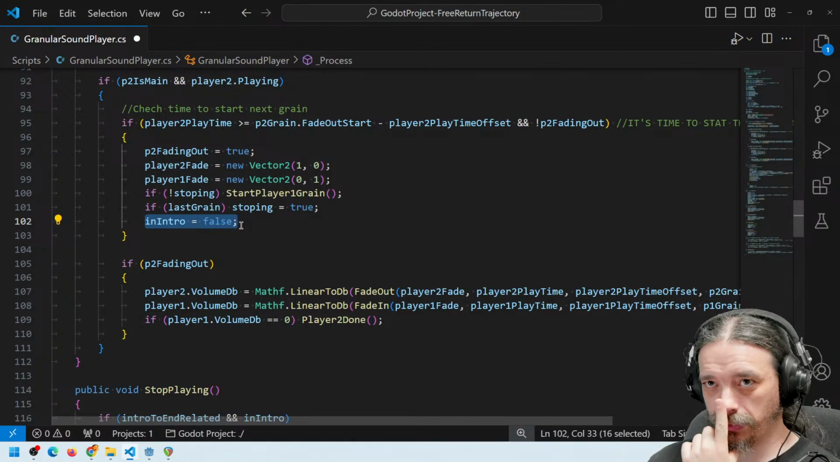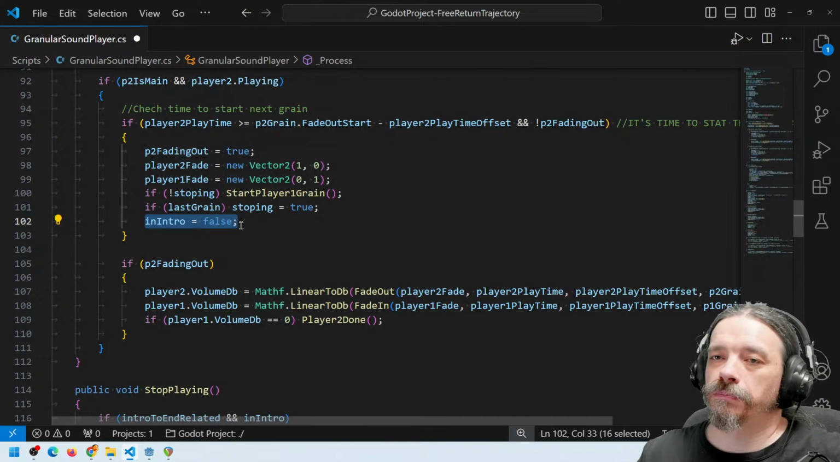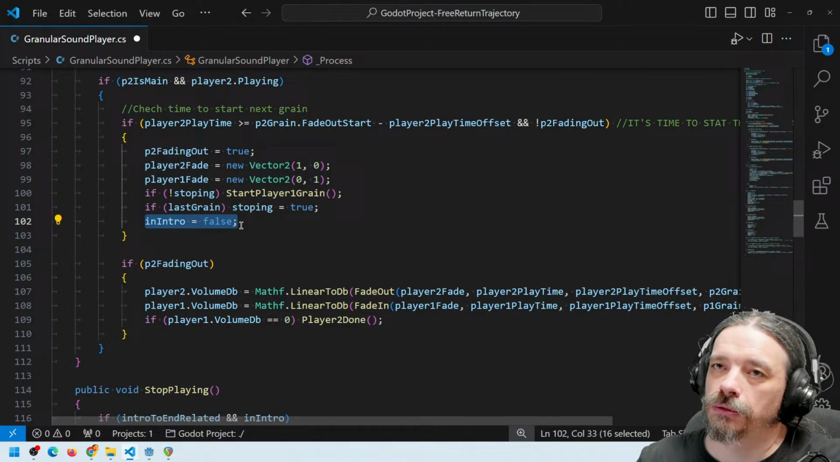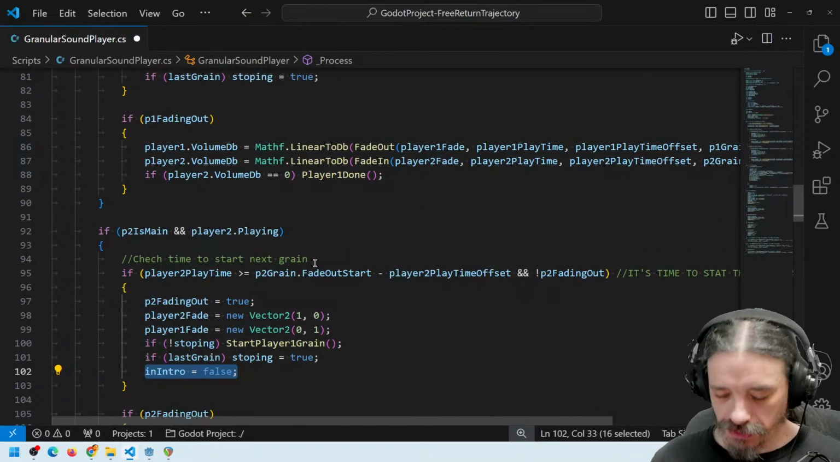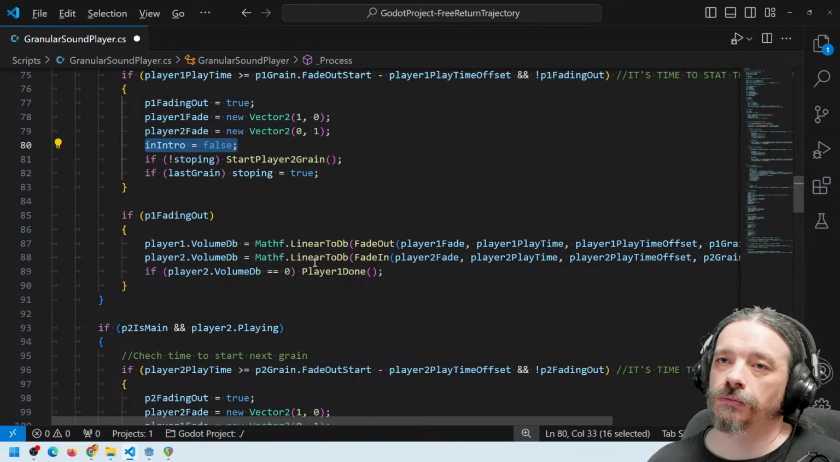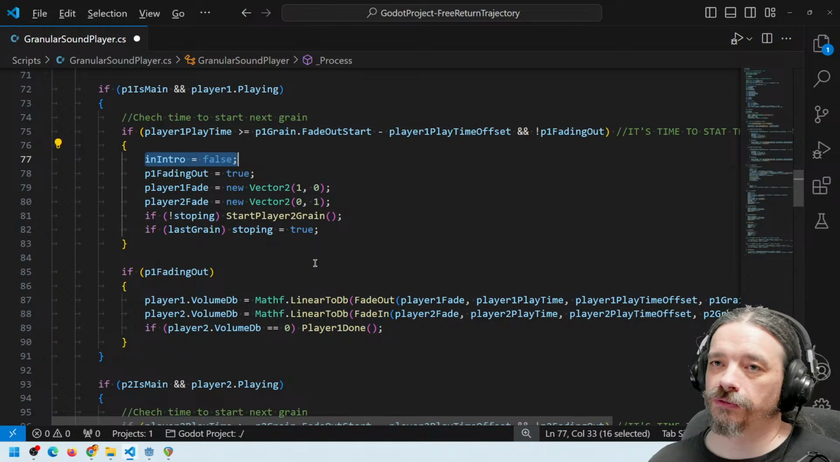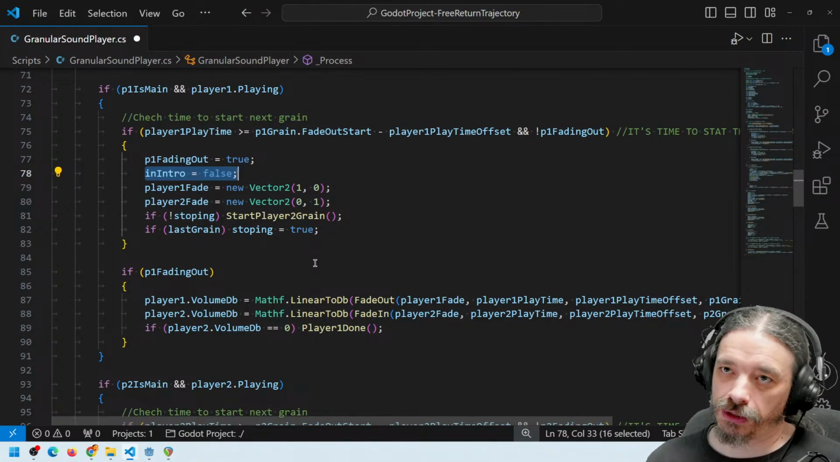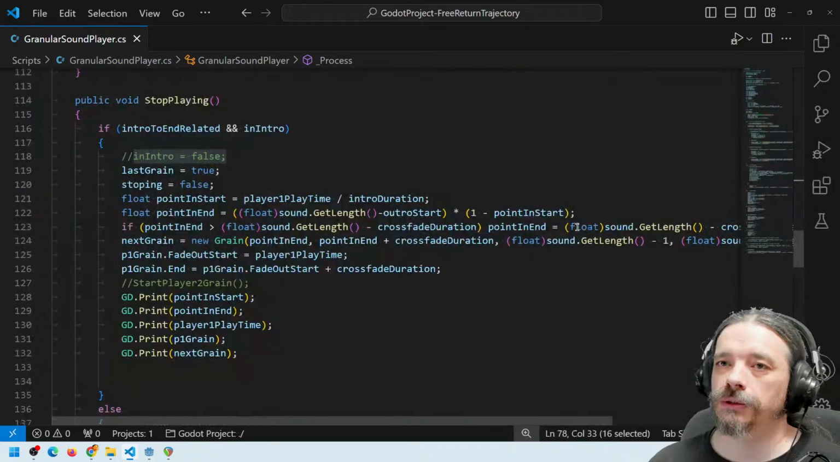Maybe this needs to happen when the player 1 triggers the player 2, not here. Maybe I can change this to the crossfade. So when the player 1 starts the crossfade, I'm no longer in intro. Maybe this will be better. Anyway,